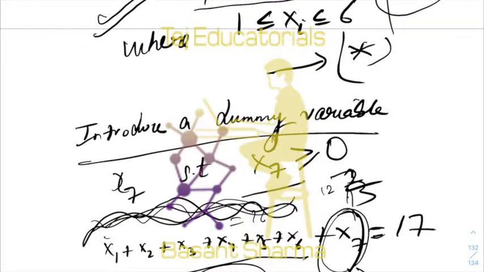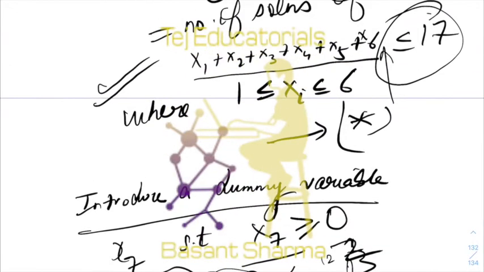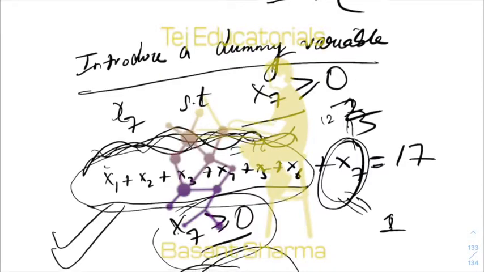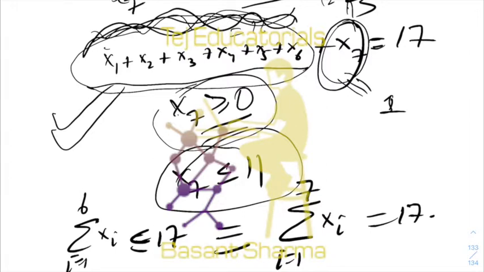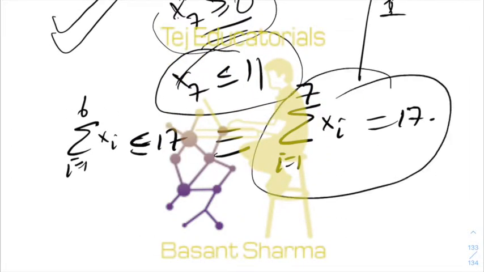So all those solutions where the sum of x1 to x6 is 16 are included here. And that is included here also, because once you fix x7 equal to 1, all possible solutions where x1 to x6 sum to 16 are included here also. See, if you look at the solutions of this, what are they? They are nothing but